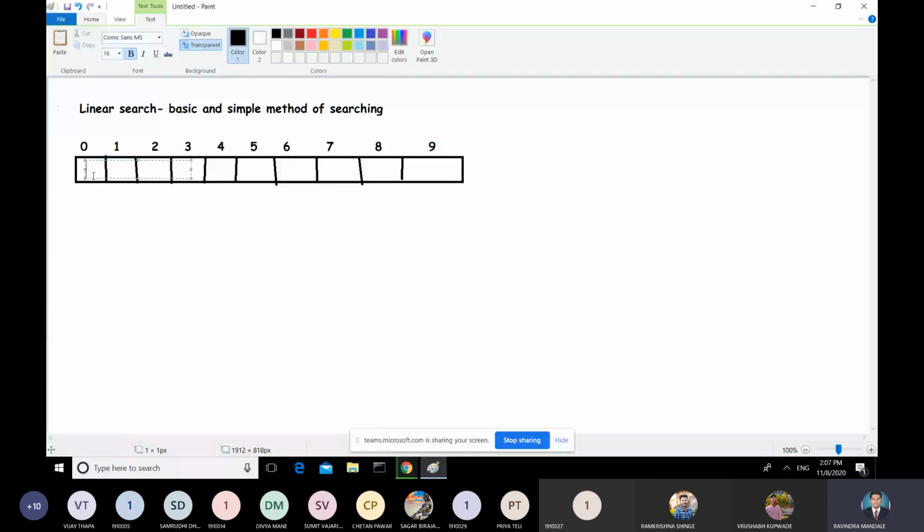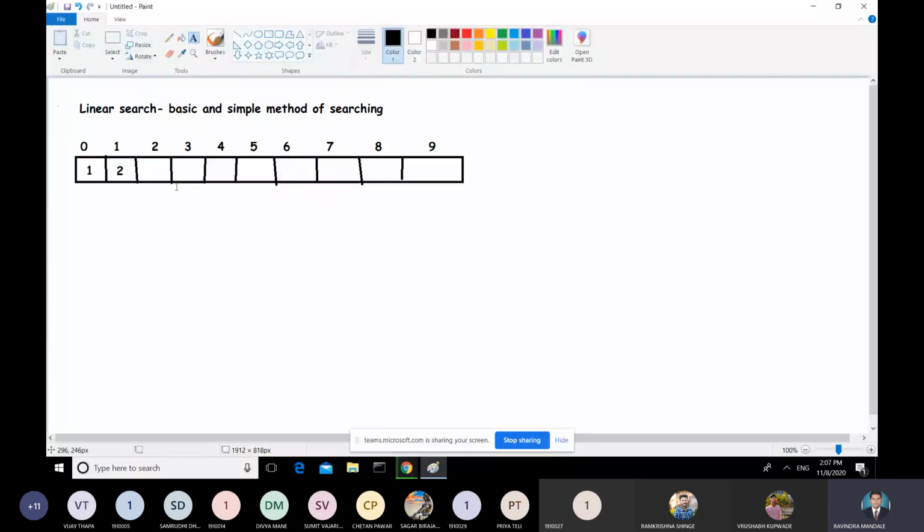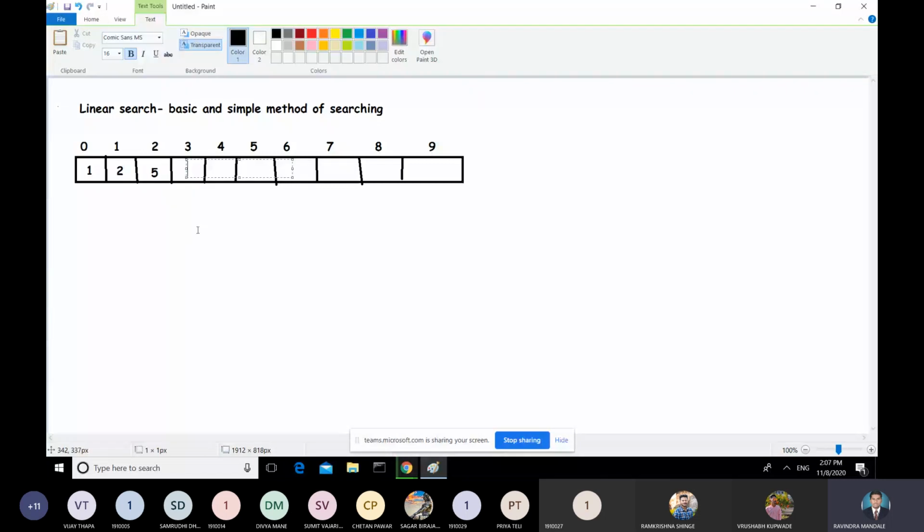Suppose I take random elements, because there is no prerequisite for linear searching. Your elements can be random, or they may be in ascending or descending order. There is no prerequisite for linear searching that your elements should be inserted in any particular order.